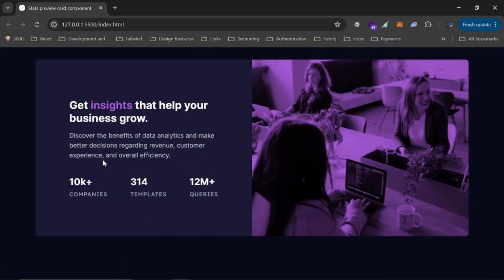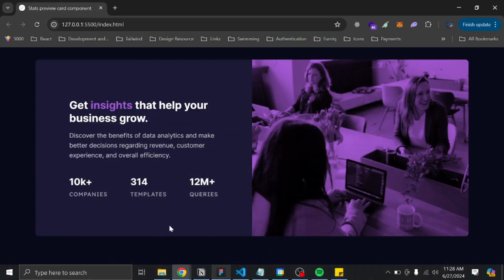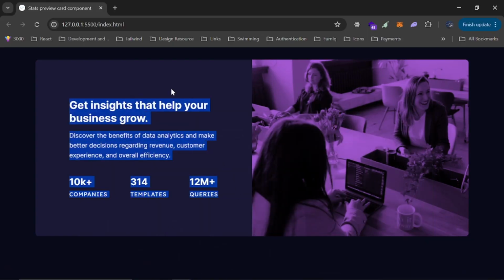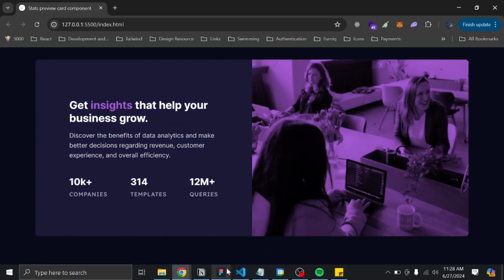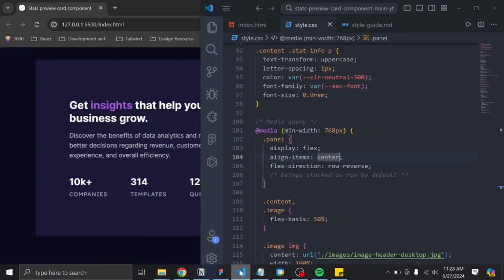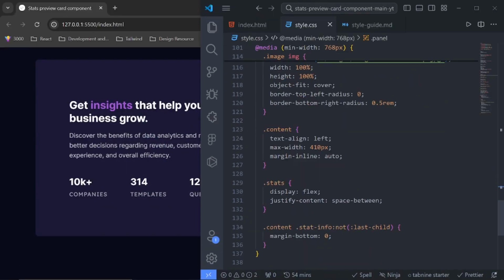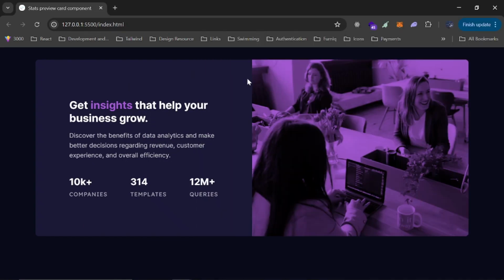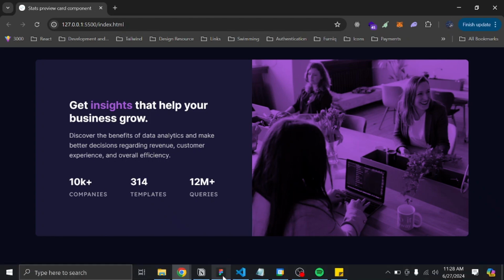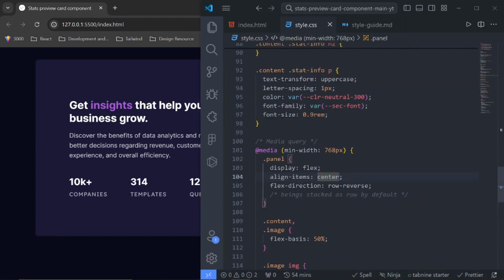Okay. So the spacing right here, we don't need to add space because we've already given this a max width of, what was the max width again? Max width of 410. Cool. So right now, the last thing I want to do is to center it on the screen properly, because right now there are spaces. The space here is actually smaller than the space right here. So to fix that, we can do that by